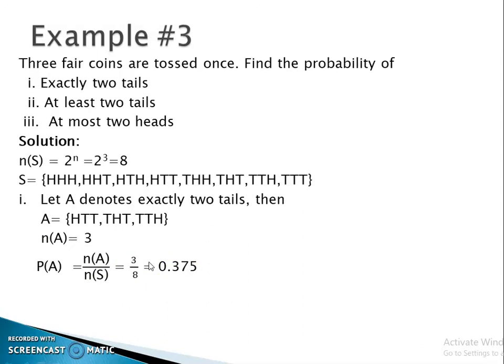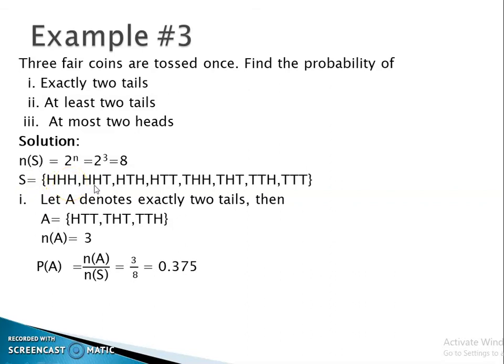Example 3. 3 fair coins are tossed once. Find the probability of exactly 2 tails, at least 2 tails, at most 2 heads. When 3 fair coins are tossed, the formula for getting number of points in the sample space is 2 raised to power n equal to 2 power 3. N is equal to 3 in this example. So 2 power 3 equal to 8. The 8 possible outcomes